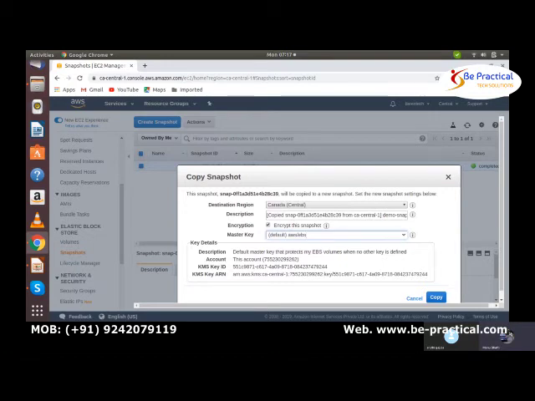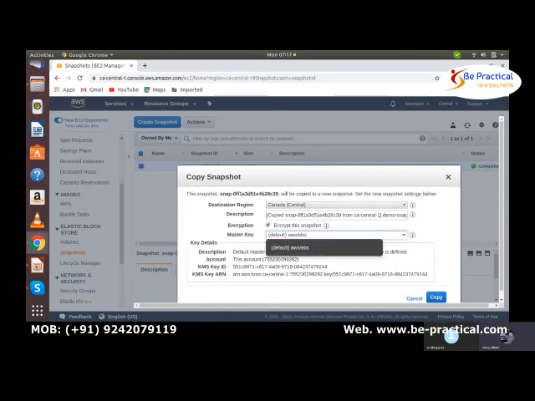Copying it to some other AWS account has to be secured while it is in transit. And if someone is able to capture the snapshot you are sharing, then they will be able to acquire all your data, right? So that's why you need to do the encryption.